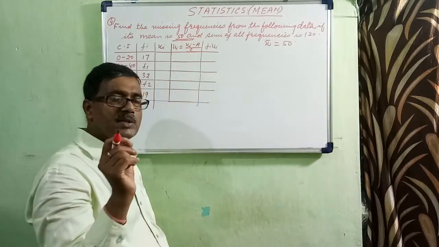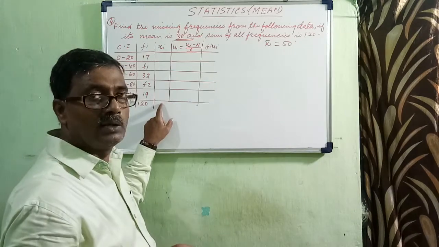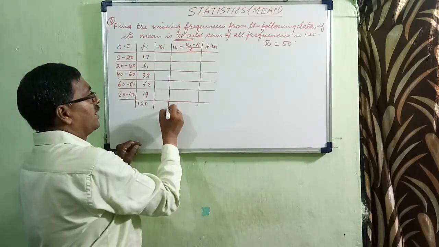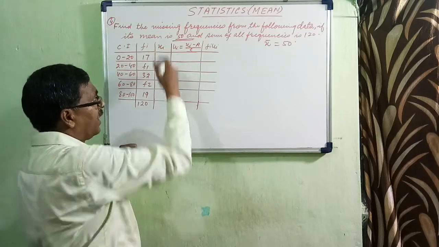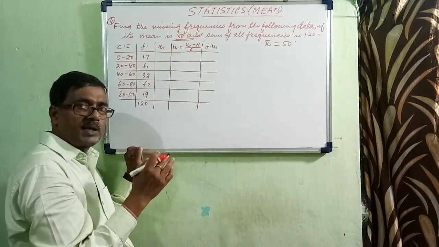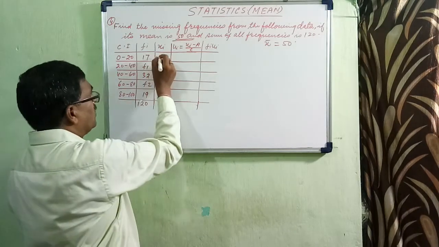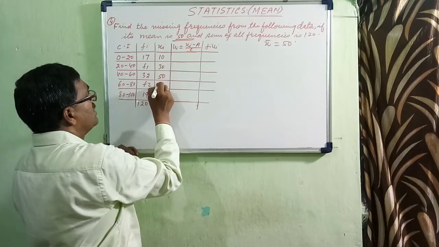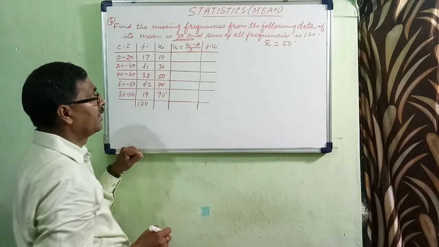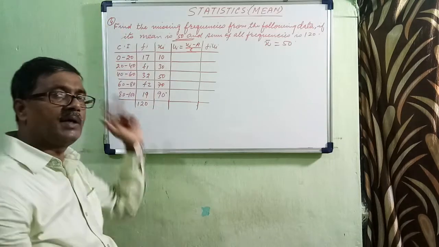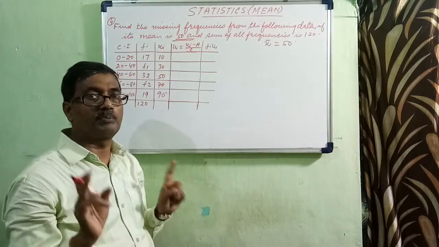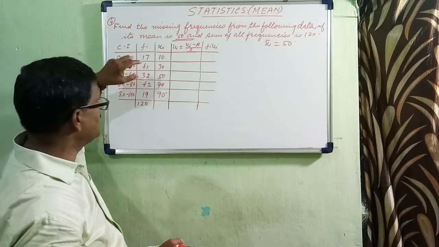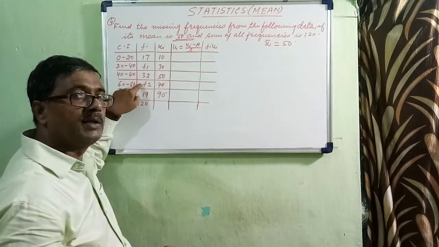A slight change is there while you are applying the formula. In the previous cases, whatever we have done, we were just directly taking any one of the Xi as A. Now let us first calculate A. 10, 30, 50, 70, 90. Any one of them I can take as A, there is no problem, but if you are taking any other, then if you are not taking F1 and F2, it will be a little lengthier.